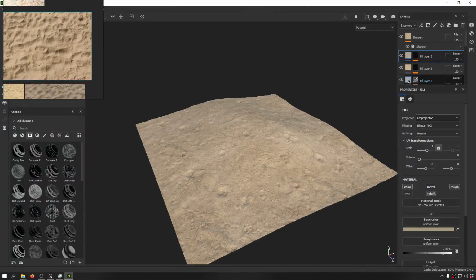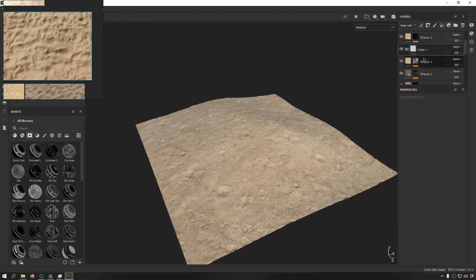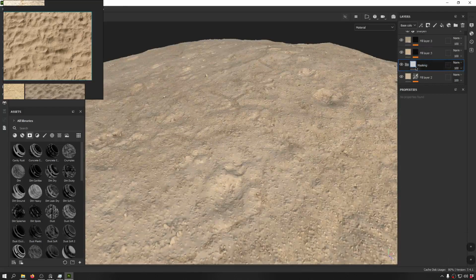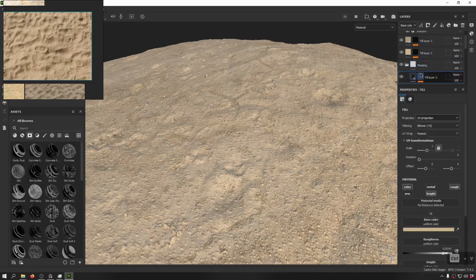So I'm going to come here and create a folder here and use the procedurals and these masks and put them in here. Let me call this one masking. And I'm doing this because I want this to be beneath these two sand layers. I do not want all of these to wash these. So I'm going to bring these in here. So the first one, I'm going to,